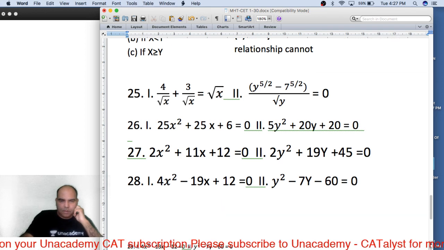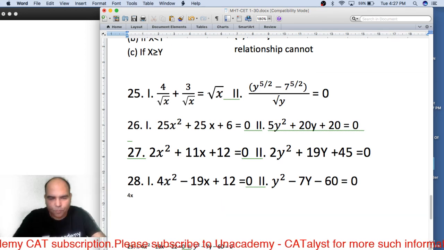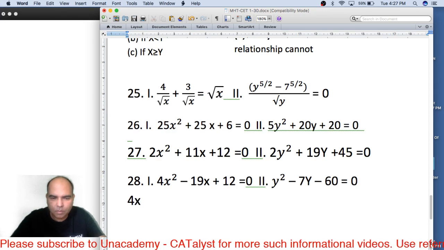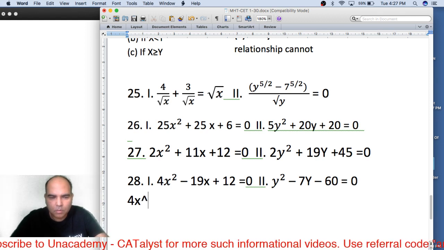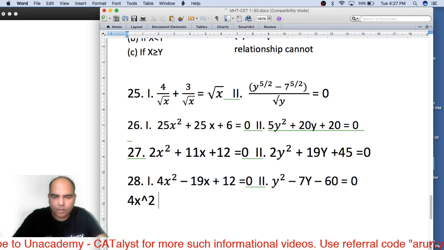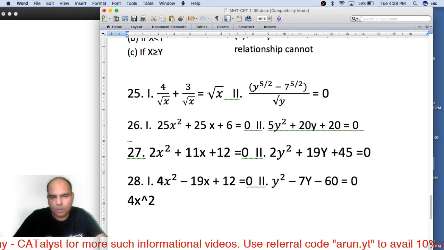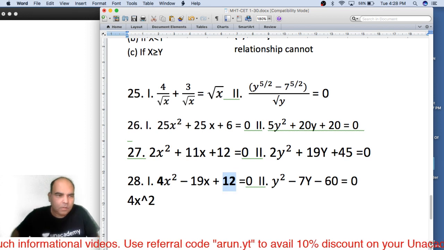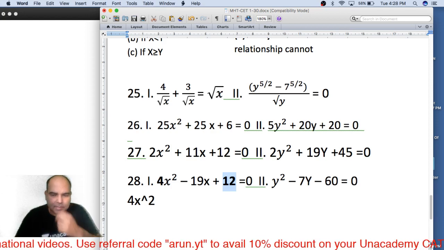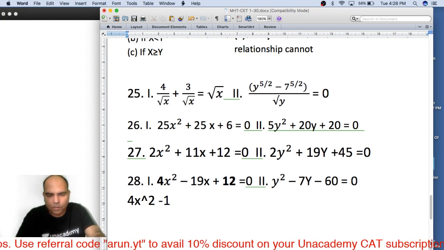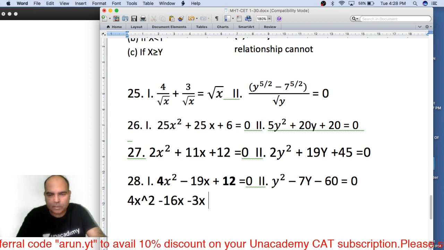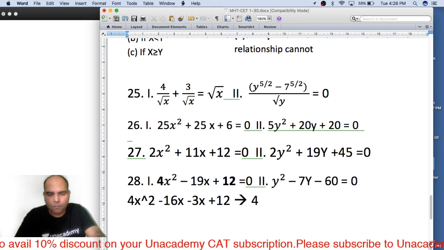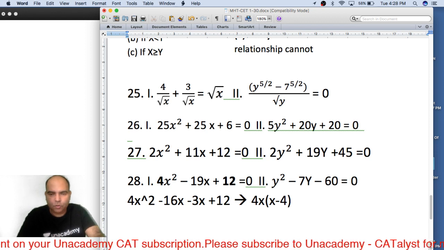I see 4x square. First of all, I see 4 into 12 as 48, and that 48 I can see as minus 16 minus 3. So 4x square minus 16x minus 3x plus 12 gives me 4x common and x minus 4 into minus 3 common